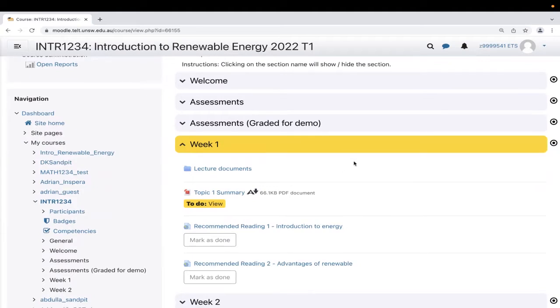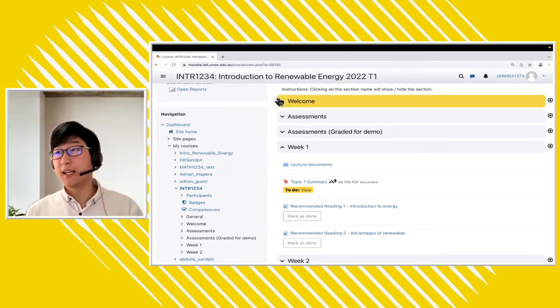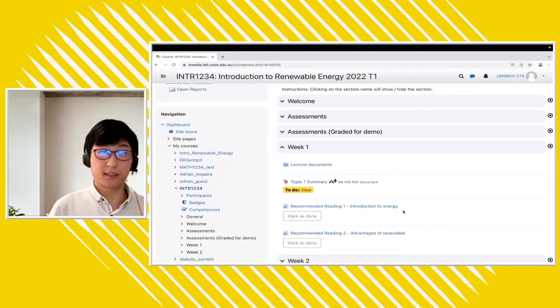Perfect. So that's the general design of courses. Of course, it does depend on your faculty and subject, what you're learning. Some of these courses might not look exactly like this, but the general idea is there, where the left-hand side is mainly the navigation and some additional information. And on the right-hand side, we're going to see the content of our course, just laid out in different links across the page, like so.